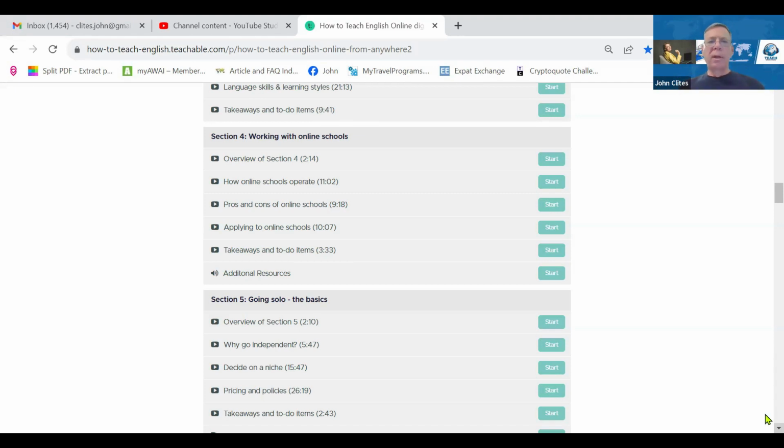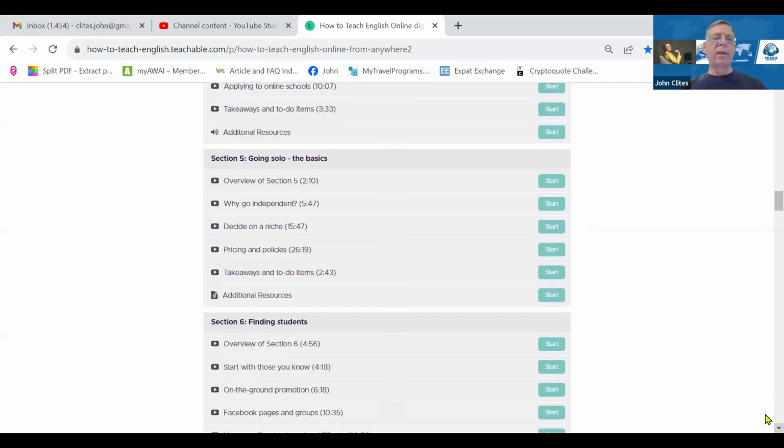And so on, and they'll find students for you. That's a big bugaboo for a lot of new teachers. So I do include a section on that, focusing on what the schools actually do. How do you apply to schools? To give you some idea of what to expect there.